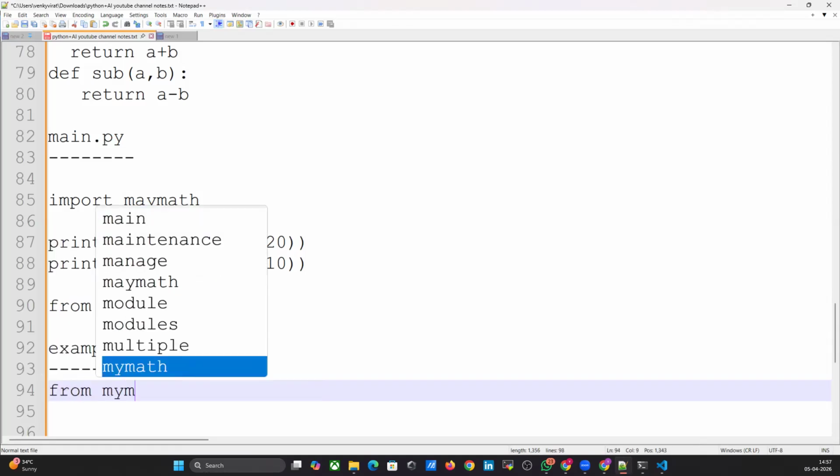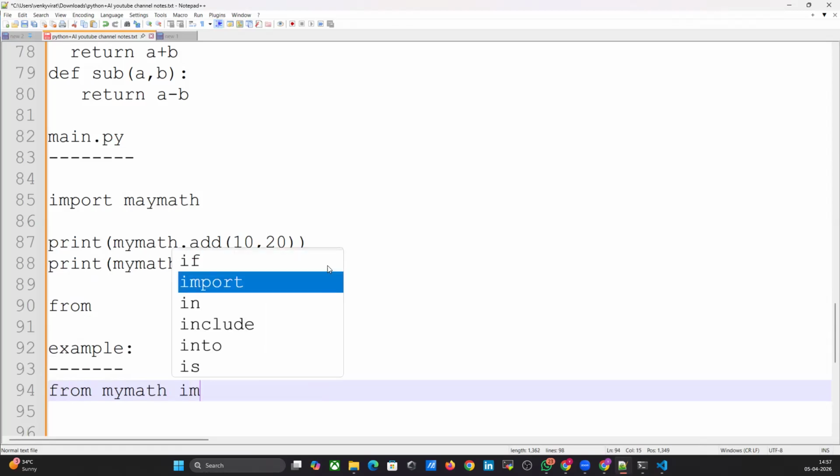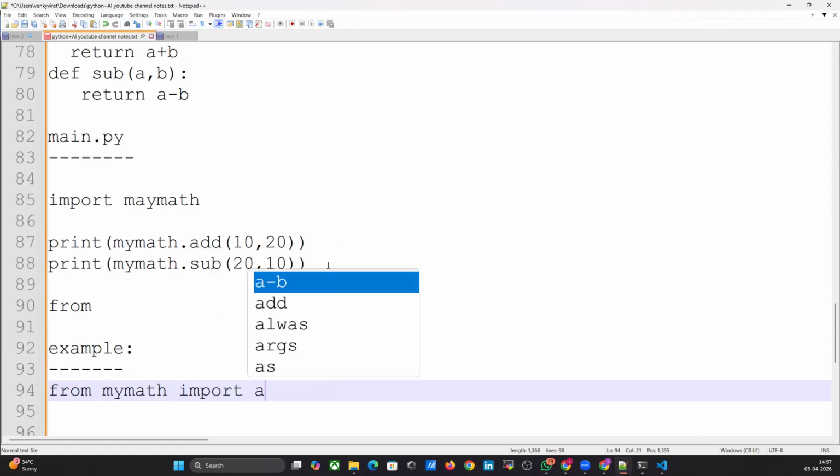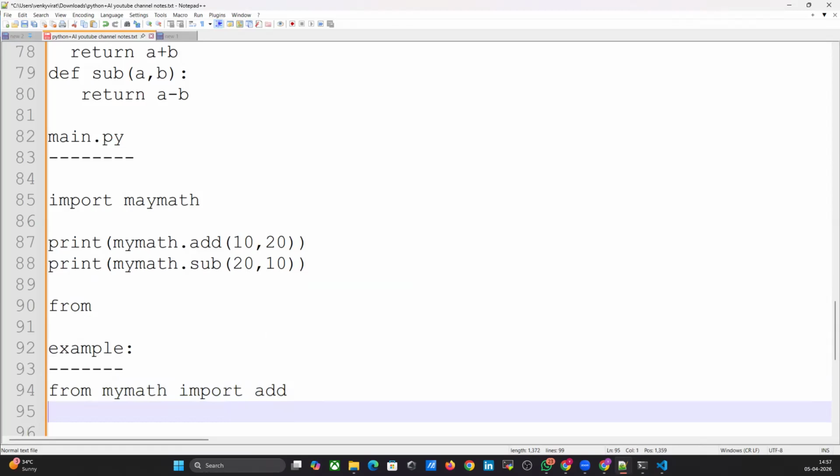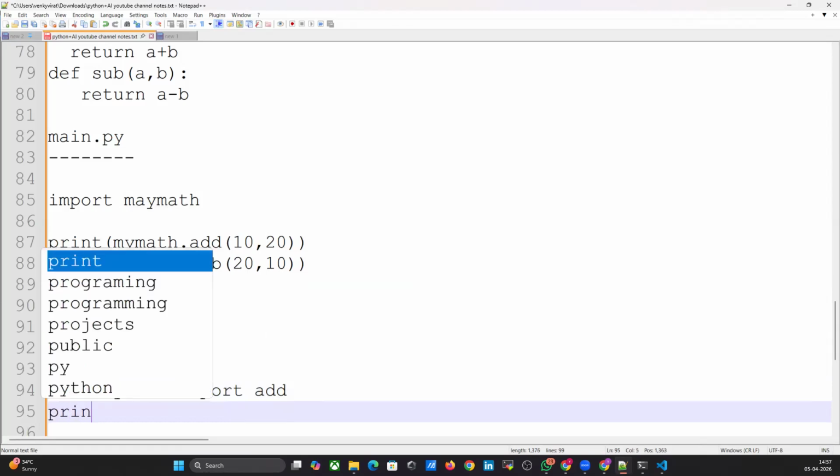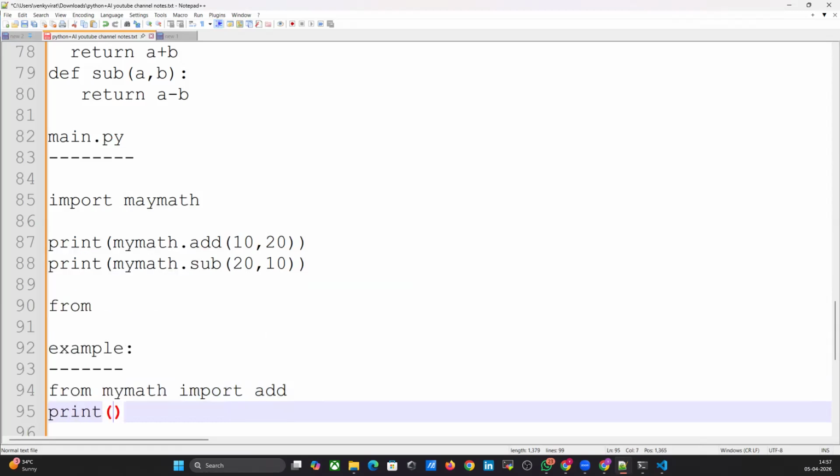From my math import add. Print add of 5 comma 3. Okay. Why? What are the advantages of the from keyword? For example,